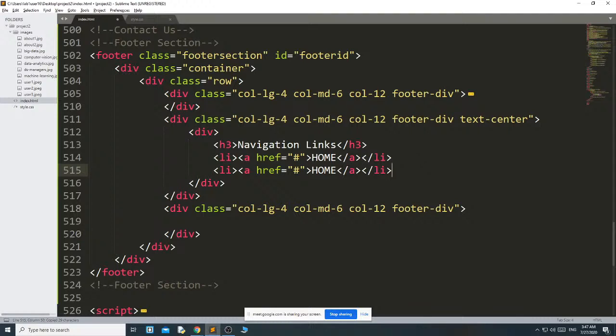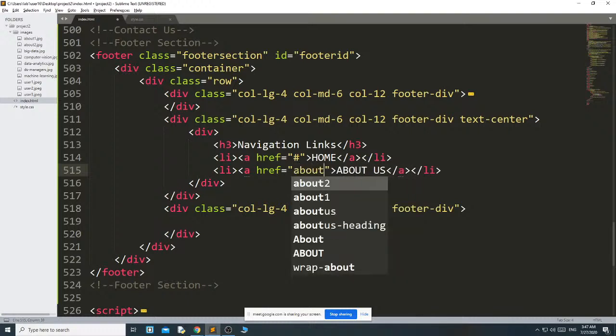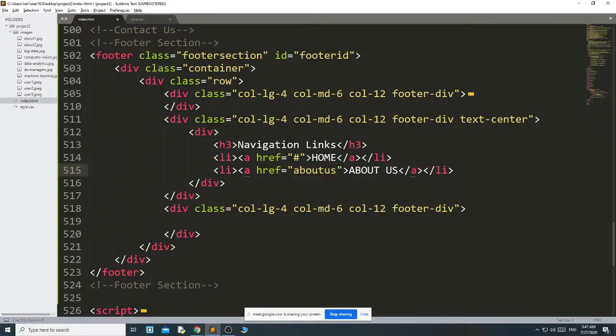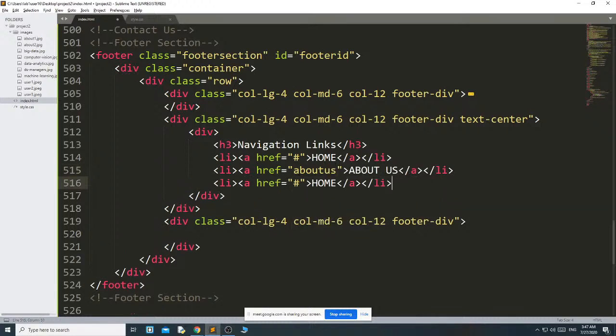Second one, about us, and the link is about us. Then the third one is courses, and the link is course.